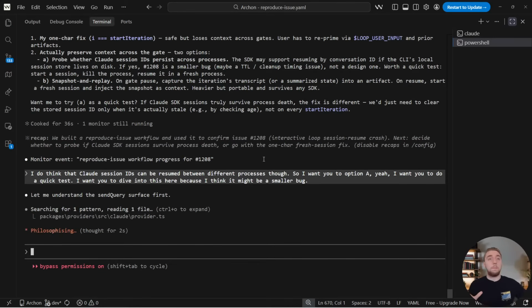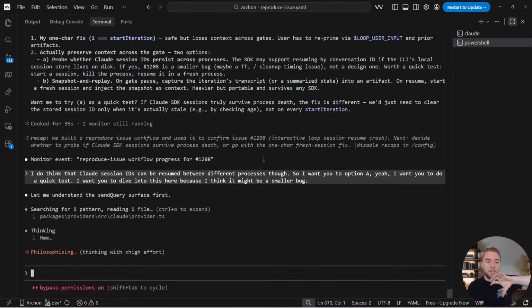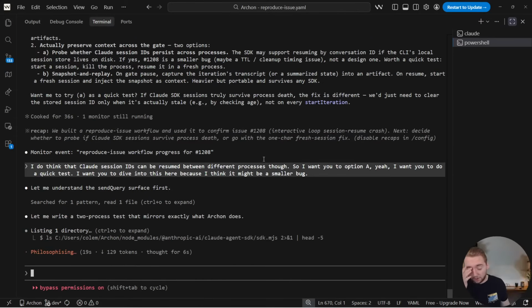Otherwise, we would have to pass in a bunch of context and create a whole system of capturing context from one conversation to pass it into the next along with the human approval or their feedback. That would become a mess. So I don't want to do it that way. All right, so we'll let that work in the background here.